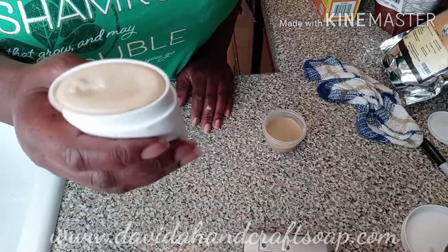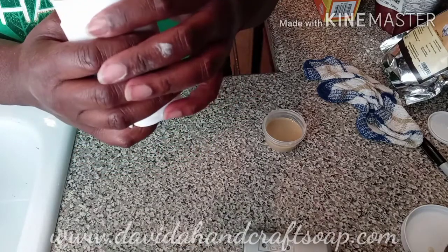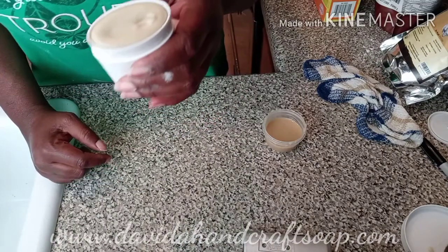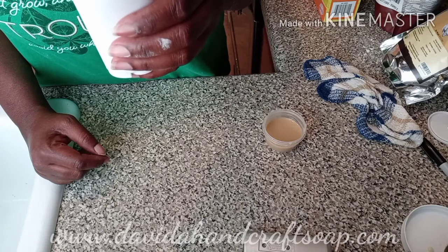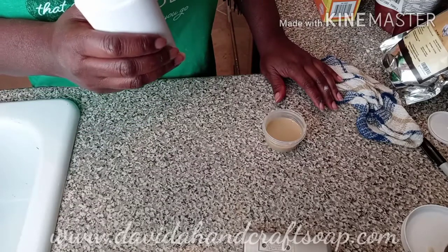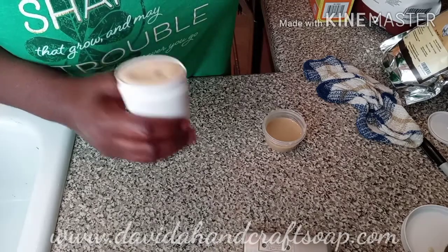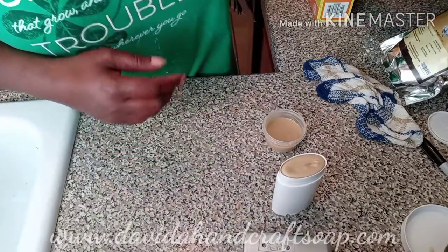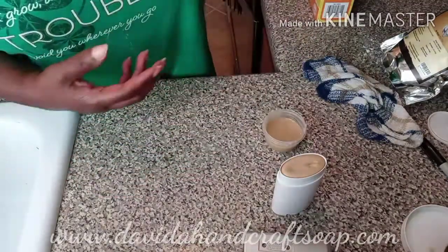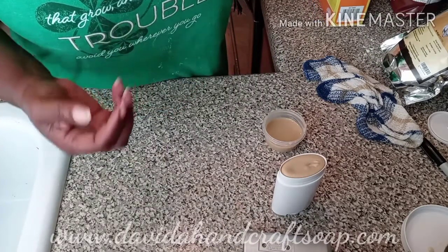Okay, so this is what it looks like. As you can see, it sets up pretty quickly. And I don't know, it's really solid. I'm hopeful that this will work. I am concerned that maybe these crushed up shell powders, fossil shell, that's what this is, ground freshwater fossil shells. So I am worried that this will have the same result as the baking soda, but